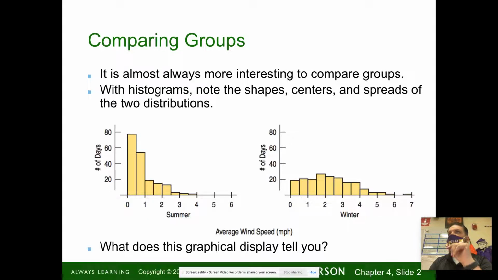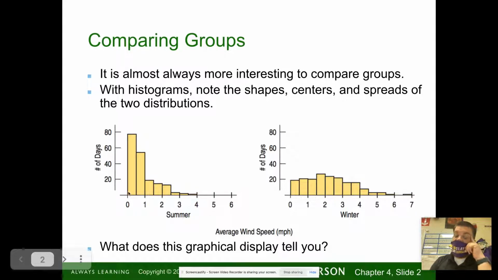And right off the bat, yes? Is the summer, like the numbers on the, is that like each year? Or is that just the number of days? I'm not sure. It's not exactly clear, right? This is the number of days. I think that's average wind speed. Yeah, this is the average wind speed. So it's a little ambiguous, but this is the average wind speed in miles per